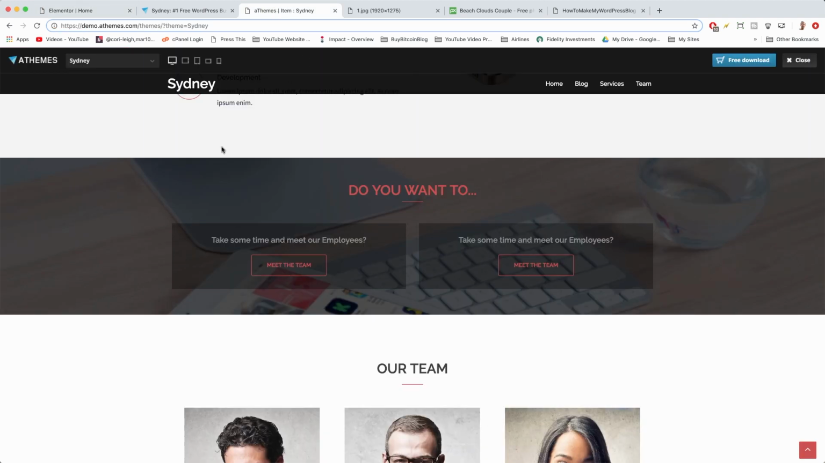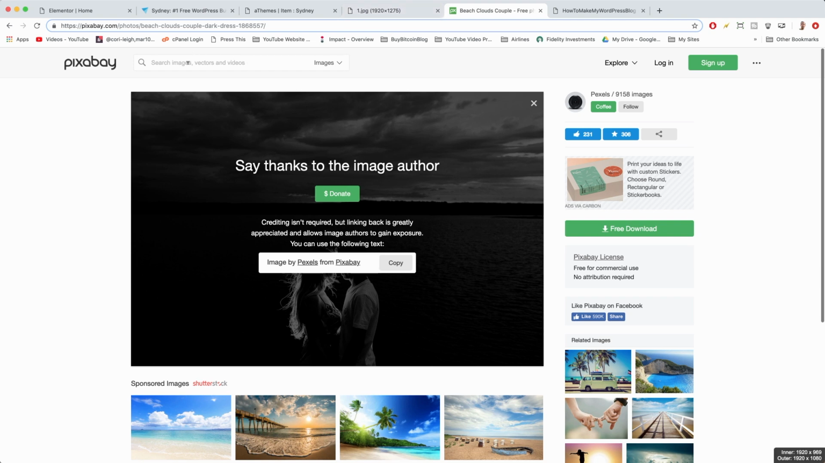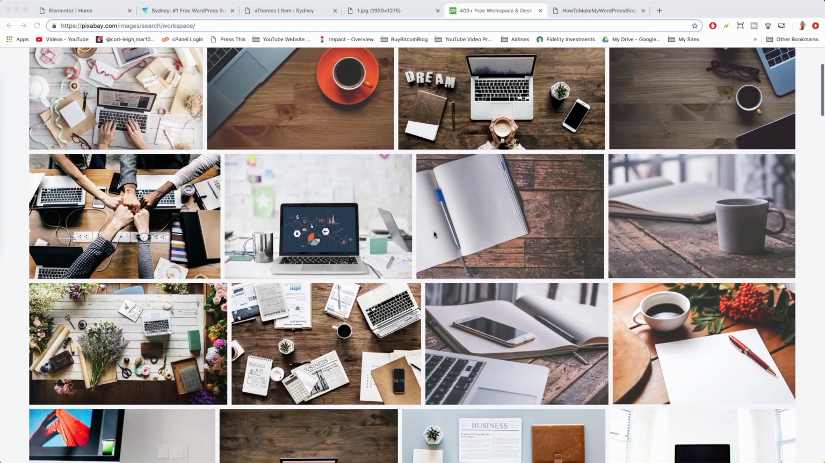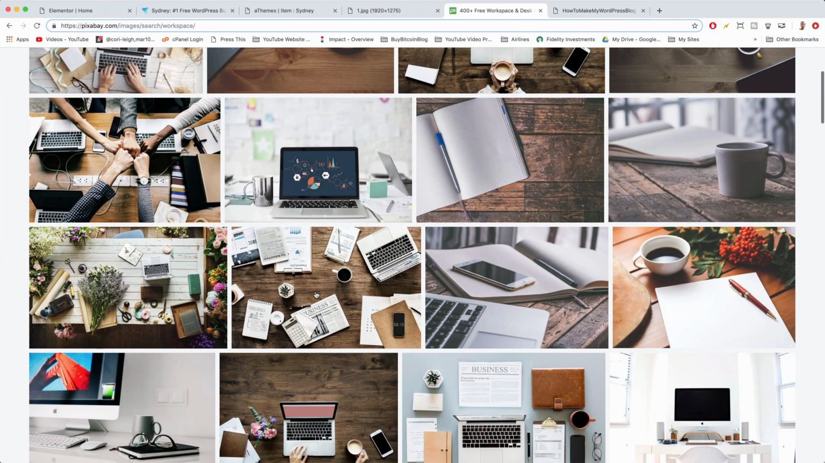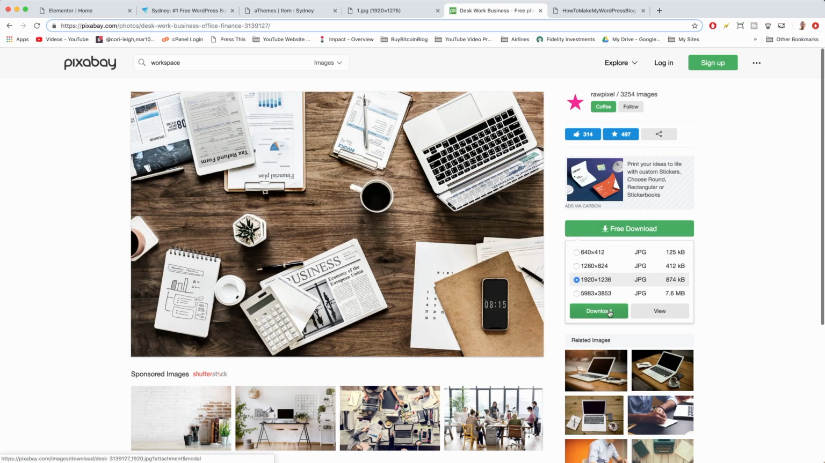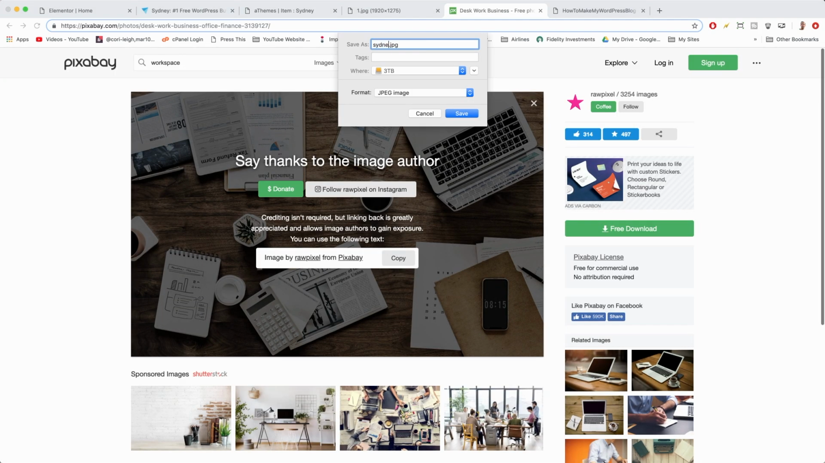going over to the demo. So earlier we learned how to get the exact image that Sydney has as one of its backgrounds, but that can get a little bit hectic, so why don't we just go to Pixabay and look up a common background like workspace. Beautiful. Now with relative ease we can choose one of these cool backgrounds like this one with the business page open. Free download it, download, and we're just going to call this one Sydney Workspace BG for background